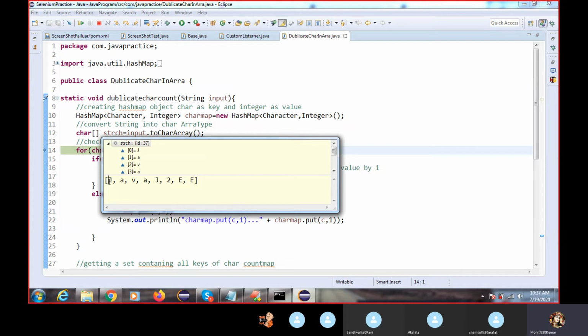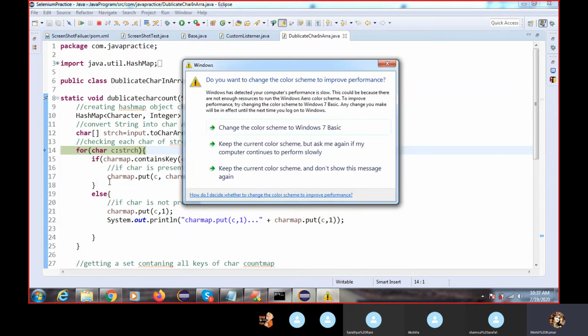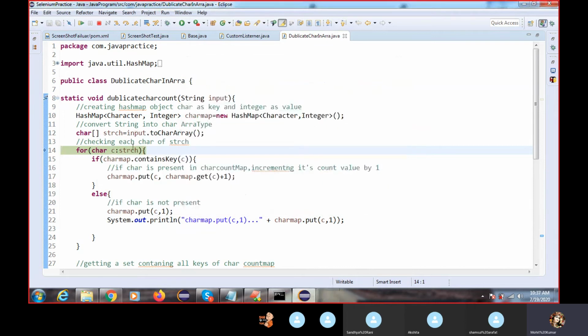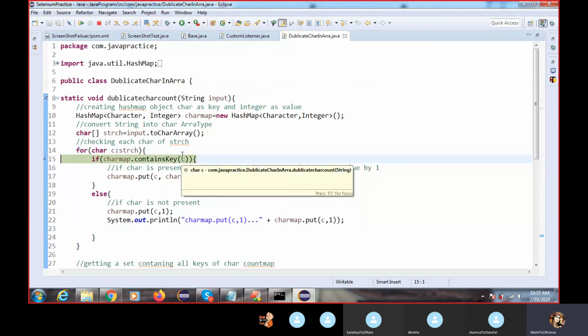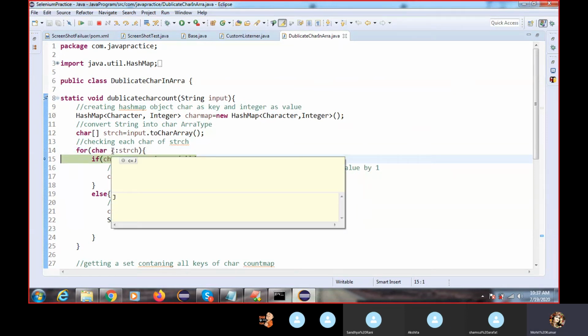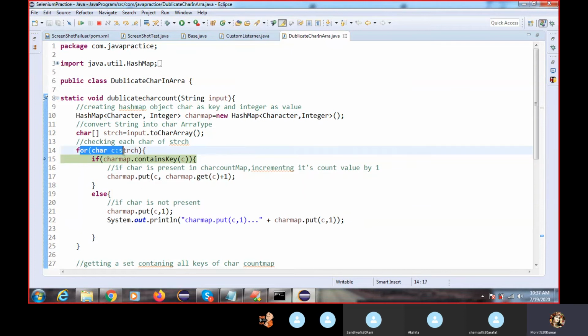Now we can see, and we are typing the code. After a few days, if you have understanding, then you can write the code yourself. So you have to work on that, right? So it will debug, and you are able to see how everything works. Got it, right? Now we are going to use this for loop.